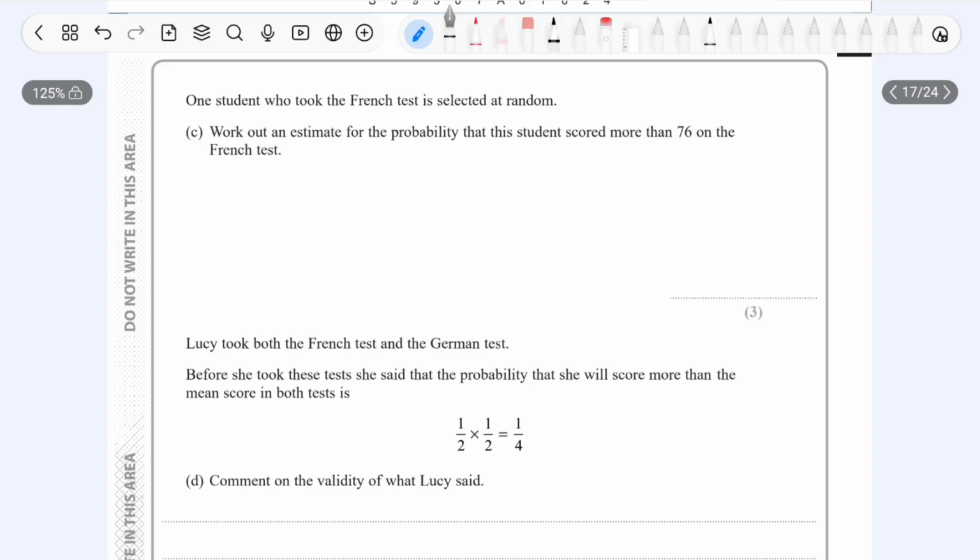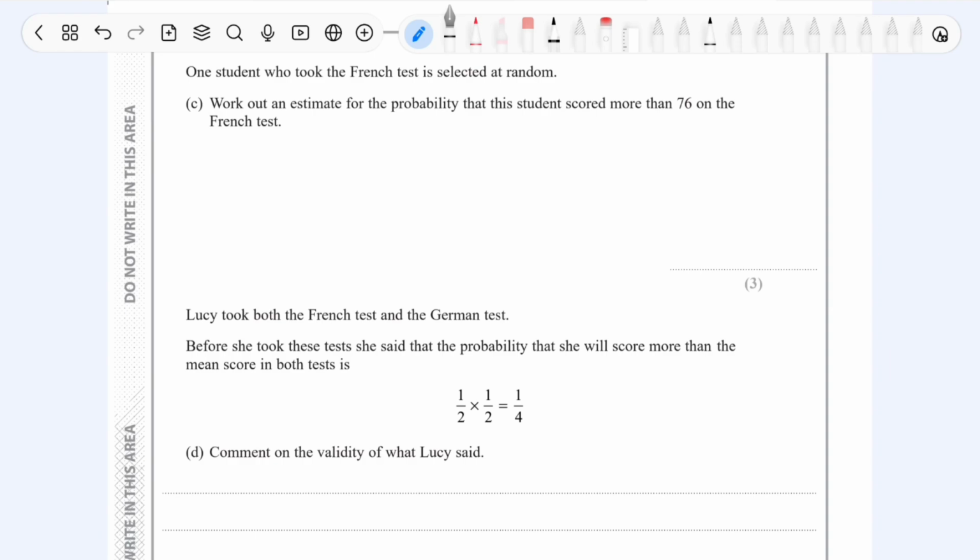One student who took the French test is selected at random. Work out an estimate for the probability that this student scored more than 76 on the French test. So I'm going to have to introduce you to the empirical rule. Now the empirical rule essentially states